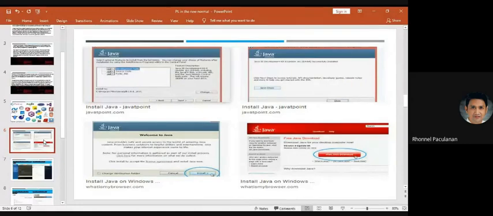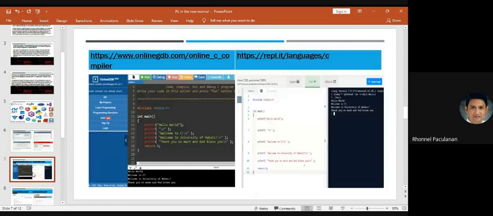For those in IT and CS, we have Java. Installing Java will take you around 10 minutes, and you must have your computer or laptop to install it. So instead of installing and using this application, we may use an online website to encode your program and to run your program.